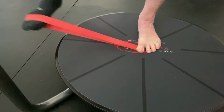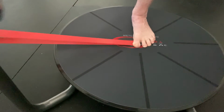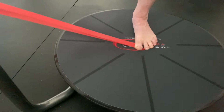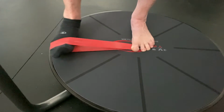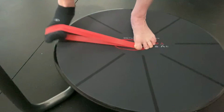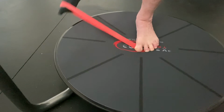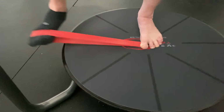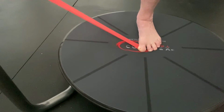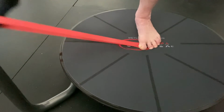Taking some known foot strengthening exercises, we're going to add the reactive variability of the Core-Tex. For example, using the first metatarsal head and first toe to keep contact with Core-Tex as we create this variability with the band. You've got everything else going on in different vectors created by the platform that it's supported on. Therefore, the stimulation is much different, and we also get the user engaged a little bit more with the interaction